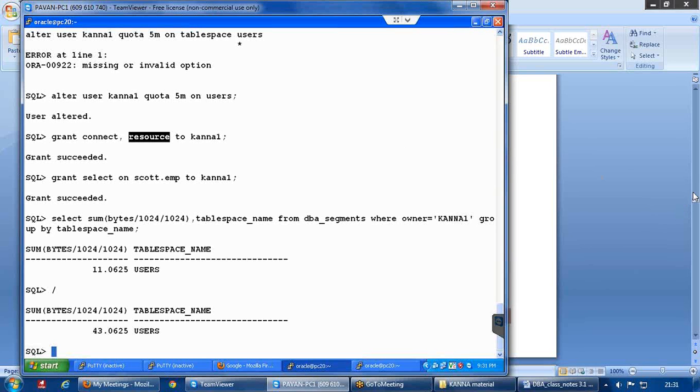So does anybody have any more queries? No, probably you are getting confused a little bit. Autoextend on is at the tablespace level, and this is at the user level.